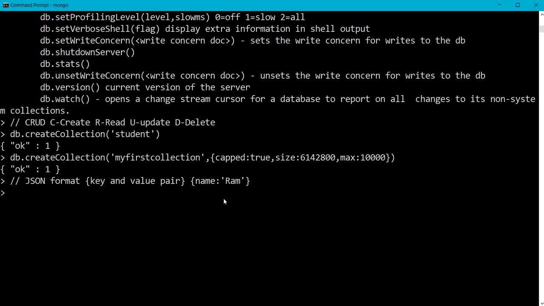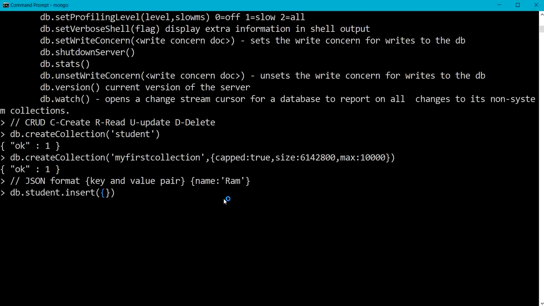Here I am going to insert the first document in my table. So we are going to use the insert method. We can have variations of the insert method, so let me use the first variation, db.student.insert. I need to follow JSON format, where I am going to use key value pairs.